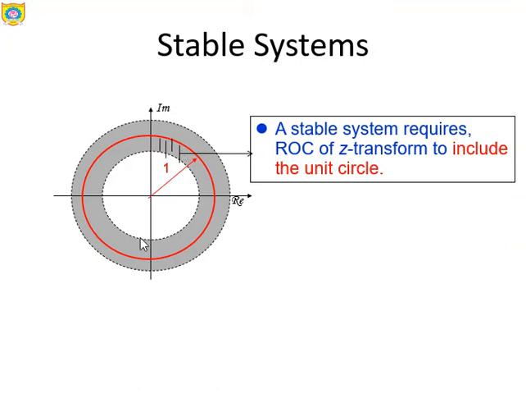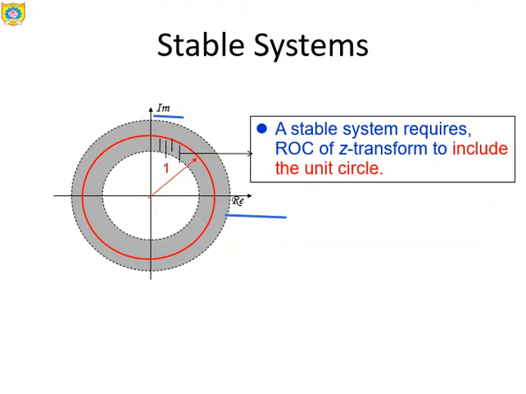So obviously this is nothing but the z plane. That is why it is provided with the real part of z and imaginary part of z. So we can draw the conclusion over here. A stable system requires the ROC of the Z transform to include the unit circle. So if this is the shaded region, let's assume that it is the ROC. In this particular case, if a is less than 1, obviously the ROC includes the unit circle and the system will become a stable system.